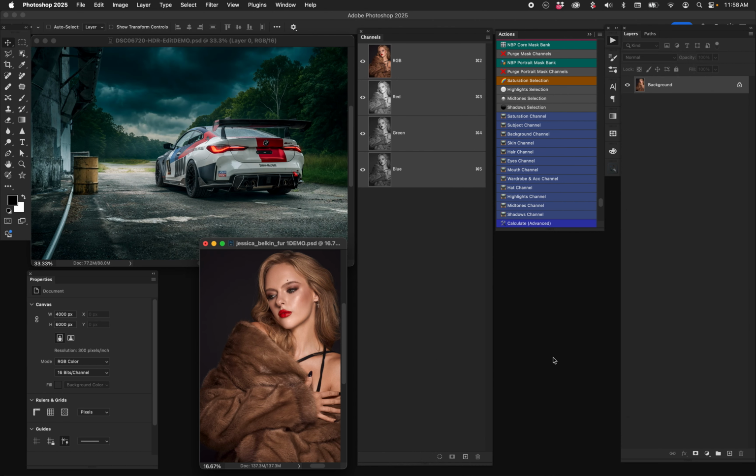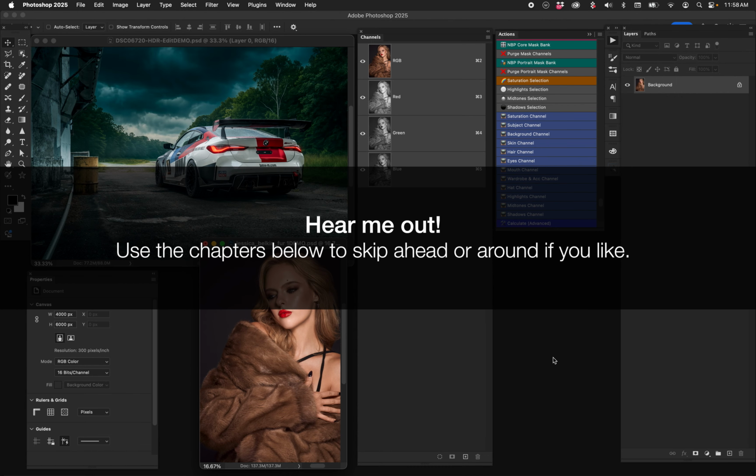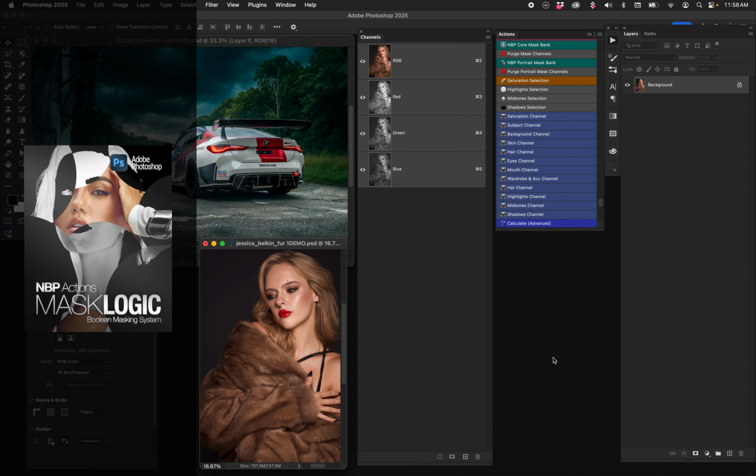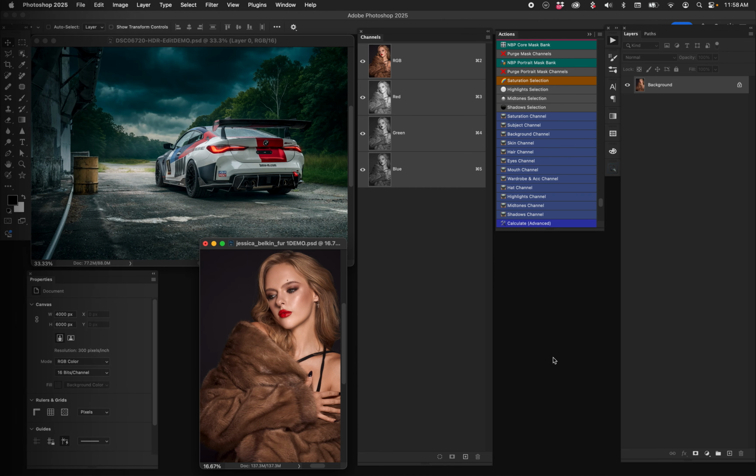Hey everyone, so look, hear me out. I'm going to say that right up front. Hear me out. I'm going to talk about my new set of actions. There's a whole suite of tools. It's called MaskLogic. And I really want to explain it step by step, piece by piece, because I